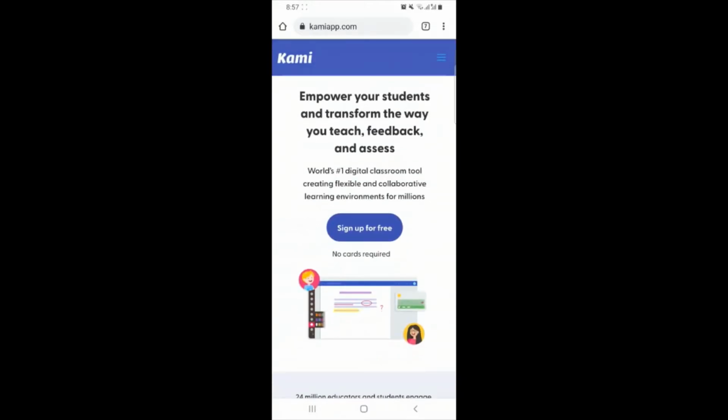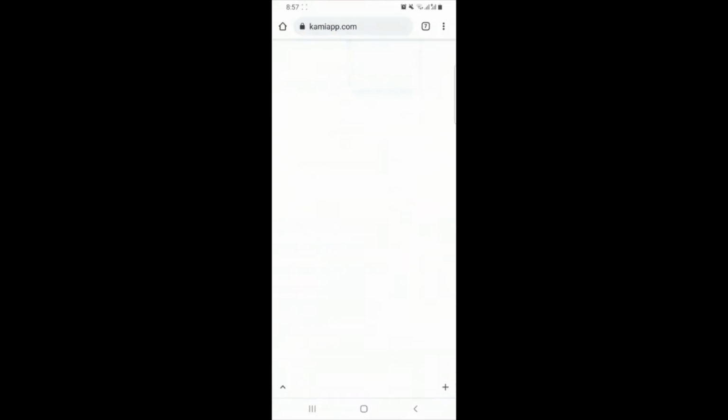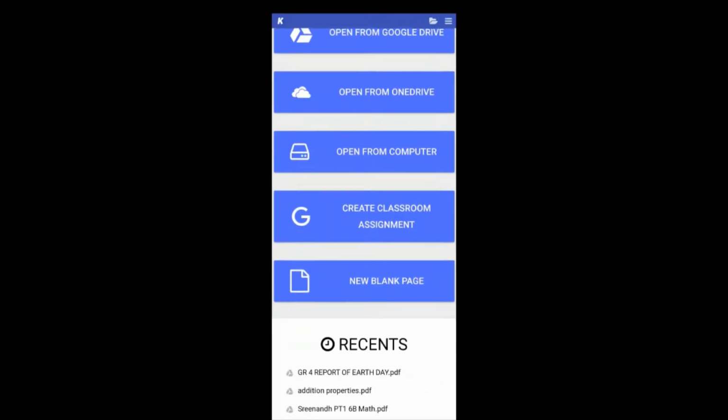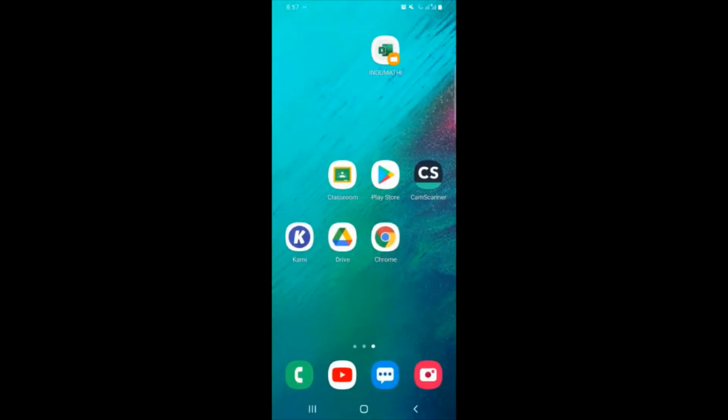You can see it is asking us to set up for free. Click that one. So it will lead us to install. Actually I installed already. You can install it. Okay, it will ask us to install. Okay, then this is the app to use Kami.